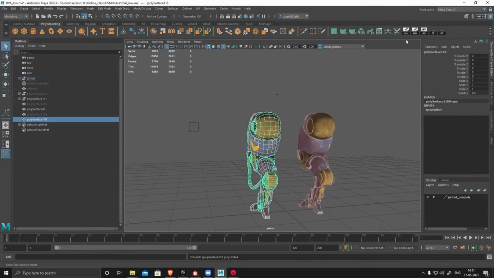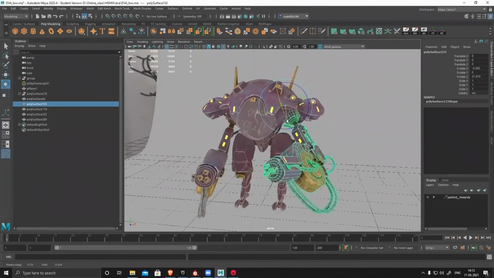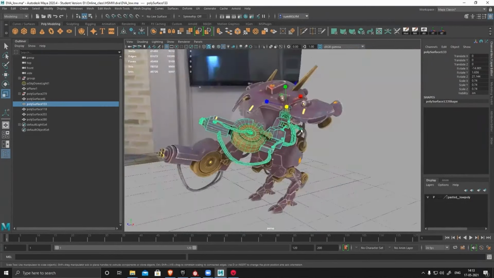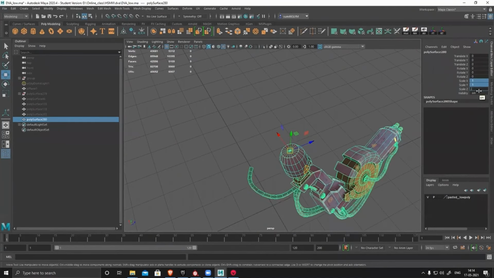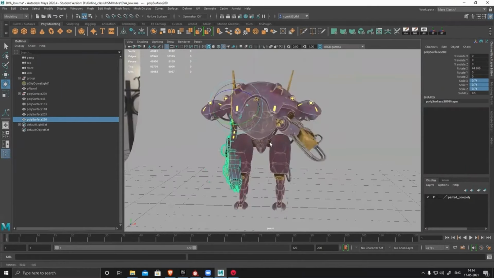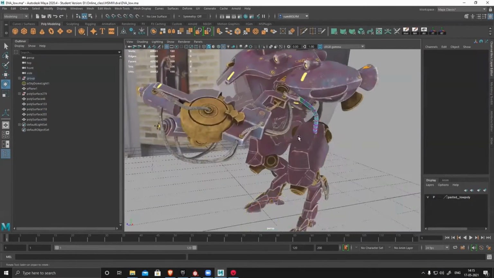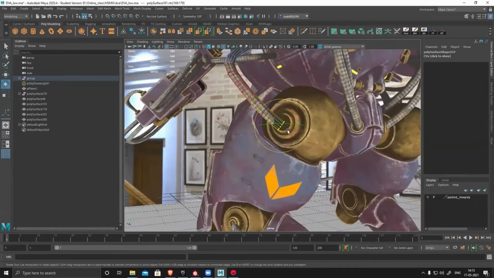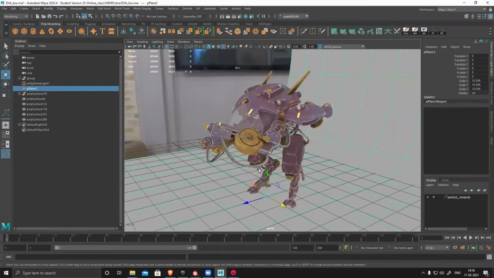So here now I'm going to pose my model, because that static pose doesn't look nice. So I'm grouping all the parts and based on the requirement I'm moving the pivot point and rotating it and giving it a pose. You can see I'm moving the legs also, and if there is an intersection or something, with the help of a soft selection I'm moving it and fixing those errors.